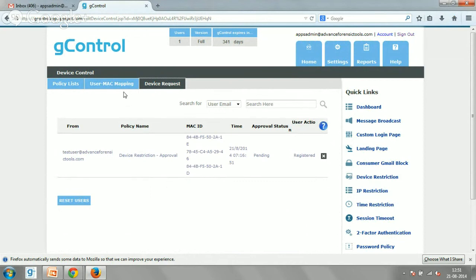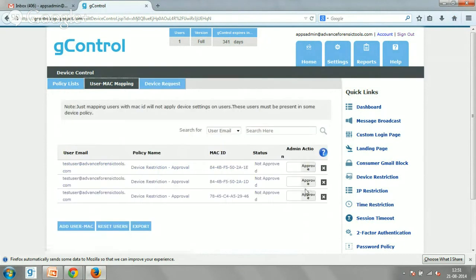So the pending request is there. We have approved it now. Now we can again go and log in to the account from the same device for the user.